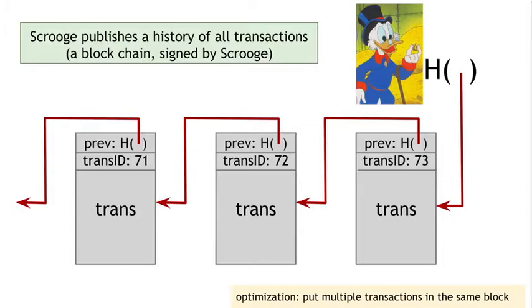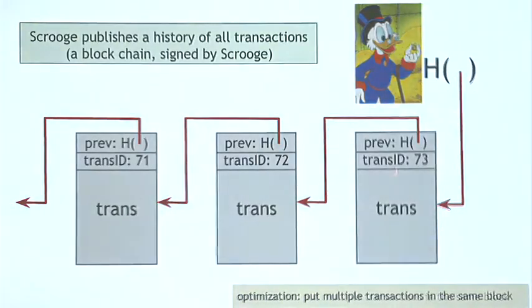This will be a blockchain, that data structure we talked about before, and it will be digitally signed by Scrooge. So anyone can, and it looks like this, of course. It's a series of blocks, data blocks. Each block will have one transaction in it. This block has the transaction with transaction ID number 73. And it has the contents of this transaction, and then there's a hash pointer to the previous block in the